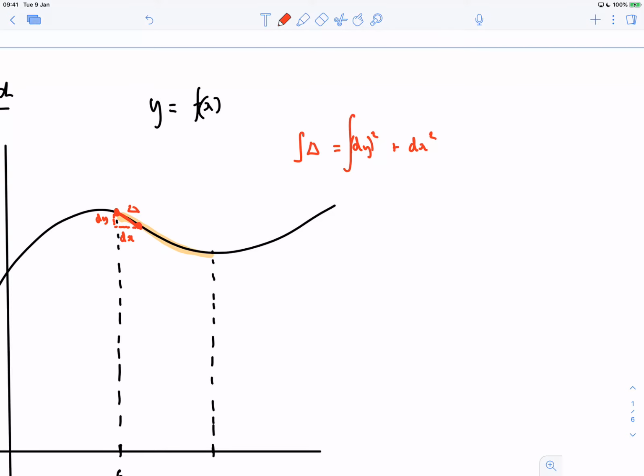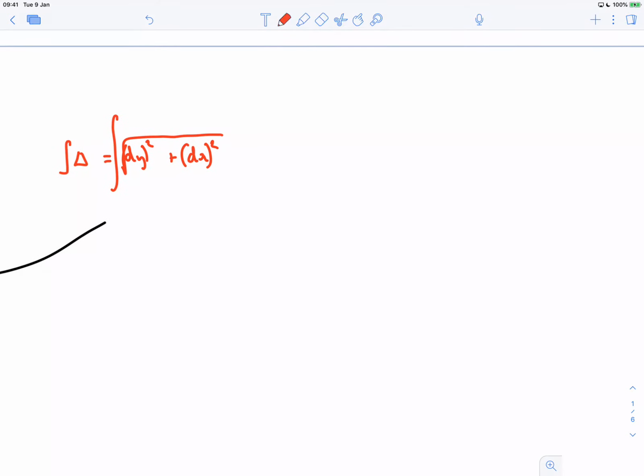Okay, now notice this is dy all squared, and then you've got something like this, and technically it's the square root of these things. So really, I want to take the sum of, using Pythagoras, the infinitesimal line segments and then sum them all up. Now the problem is we're not dealing with area this time, but to make integration make sense, we really need to have a dx on the outside. And what we're going to do is play around with this to force a dx to come on the outside. So notice